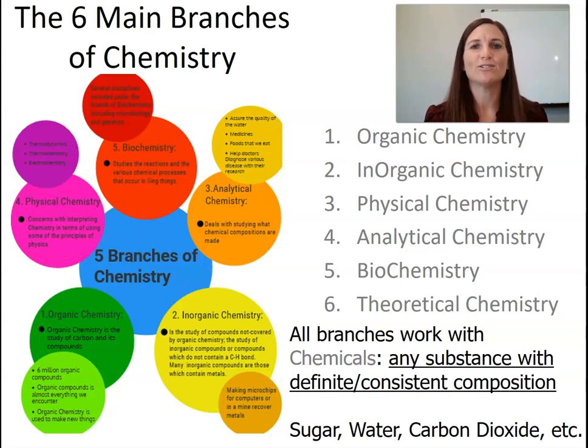Theoretical chemistry requires using computers to simulate and predict how a chemical might behave. The advantage to theoretical chemistry is that it allows us to simulate what's going to happen without any of the consequences. You don't want to just start mixing things together because what if they explode? I mean, maybe you think that's good, but you don't want to just start mixing things together. You don't want to just give someone a medication and go, we hope it works, good luck. Instead, we can use theoretical chemistry to predict, are there going to be interactions for this medication? Is it going to bind to the proper component of the cell?